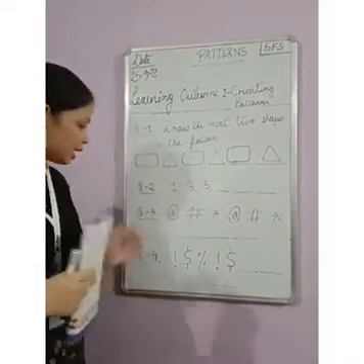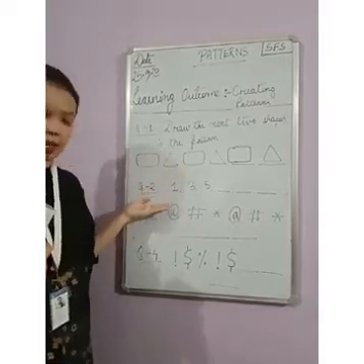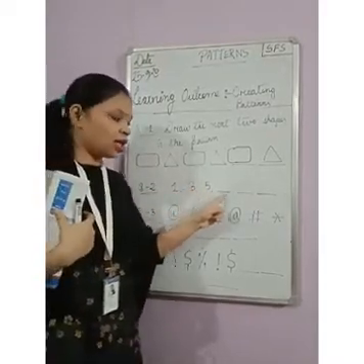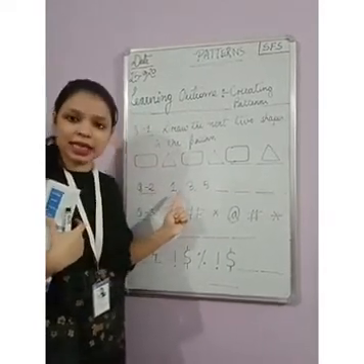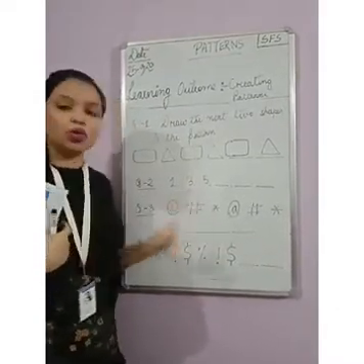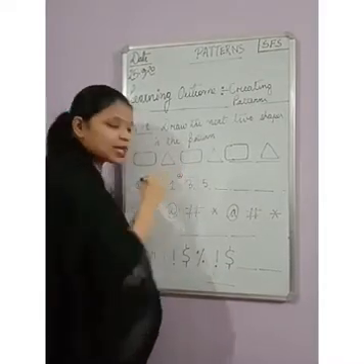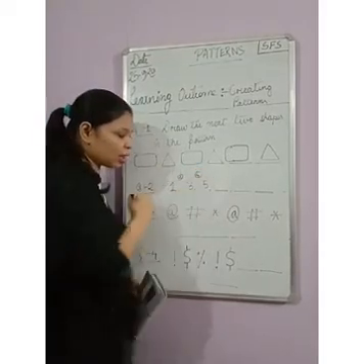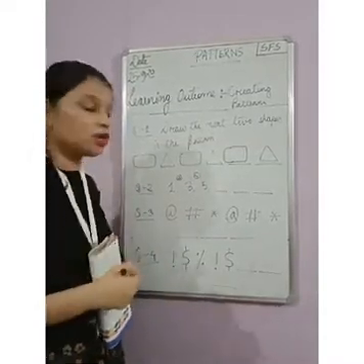The next is a number pattern. This was a shape pattern, and this is a number pattern. What is given here? 1, 3, 5, and then blanks. When we look at the order, we can see that numbers are skipped here. Between 1 and 3, the number 2 comes, and it is skipped. Similarly, between 3 and 5, 4 comes, so it is skipped. It is skipping by 1 number.